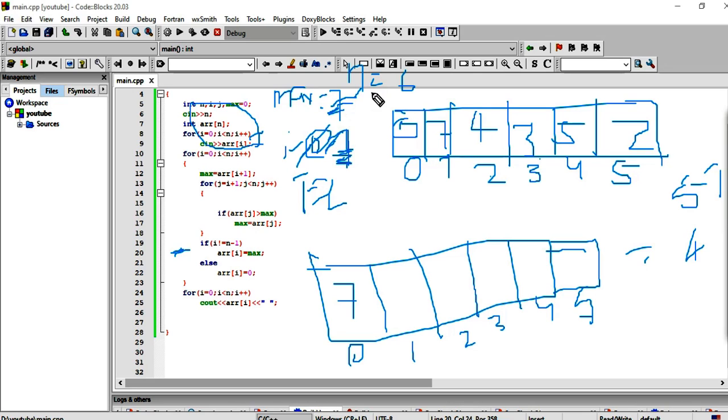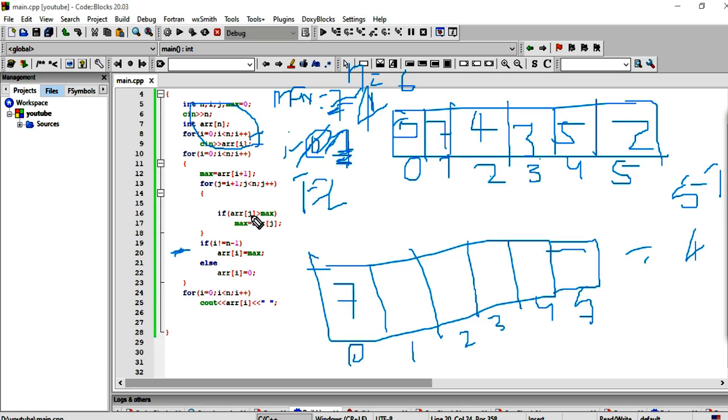Then again we enter into j equal to i plus 1, so i is 1 and j becomes 2. 2 is less than 5, yes, the condition is true and we enter the if block. arr of j is greater than max, 4 is greater than 4, no, then incremented by 1, 3 is greater than 4, no, again incremented by 1, 4 is greater than 5...